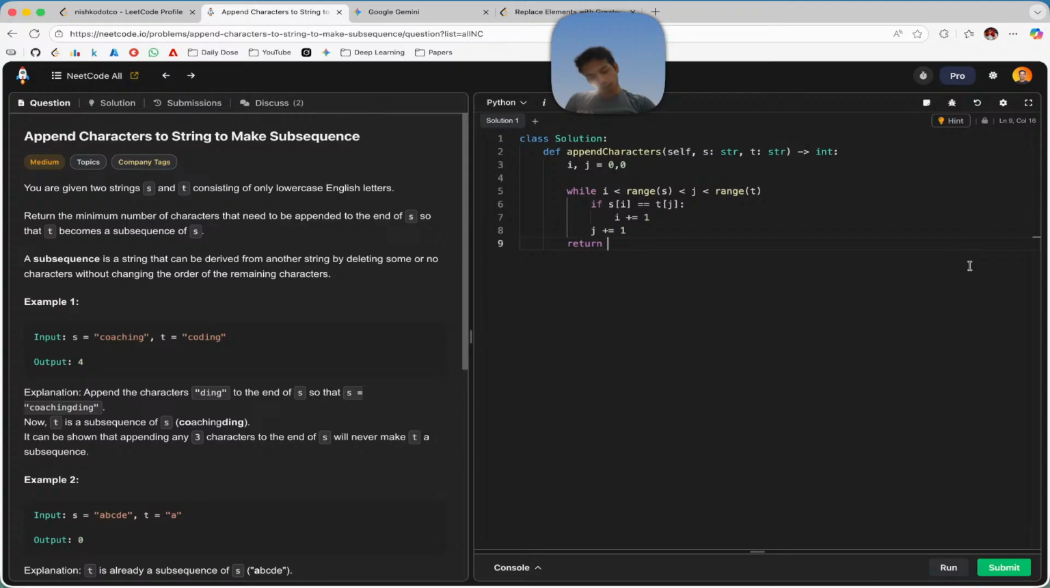if i becomes equals to length of t and t is not equal to length of t, then return j minus t. Okay, if j becomes equals to length of s, and t, if i becomes length of s,